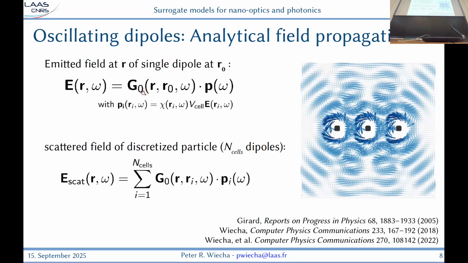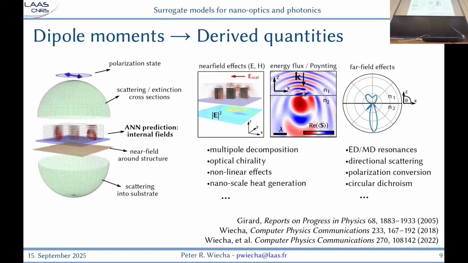Okay, you can find a Green's tensor that describes it analytically, and then for a coupled simulation with a lot of dipoles, we can just use a linear superposition principle and use the Green's tensor times the dipole moments for all of the dipoles to compose a system to get the field everywhere in space. Okay, and this is pretty cool because basically when we have a description of the dipole moments, self-consistent dipole moments, then we have essentially solved the entire scattering problem,